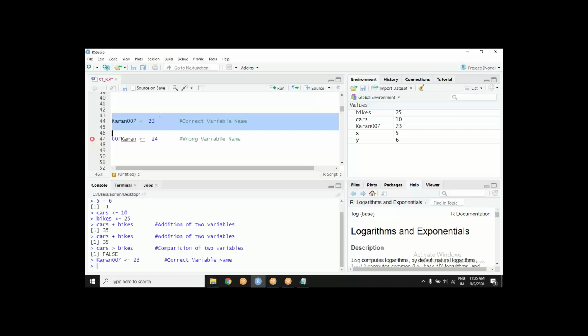So you can create any variable name, you can call it anything, but please don't take undue advantage of this facility. Don't make fun of it, or it may backfire someday.